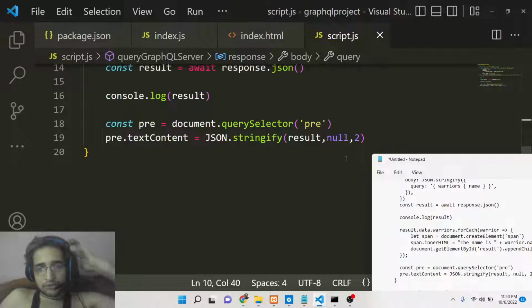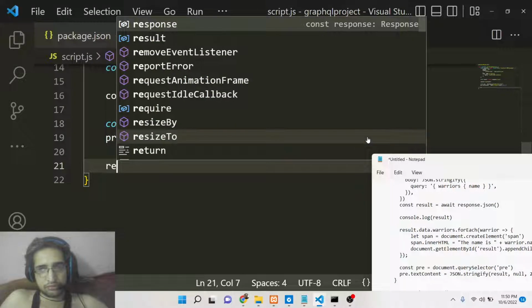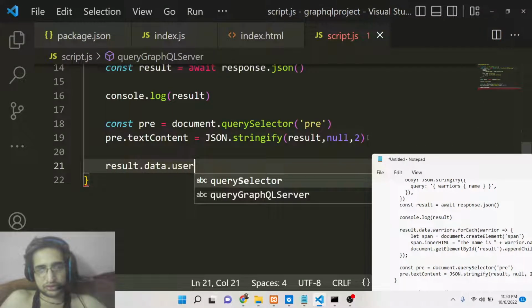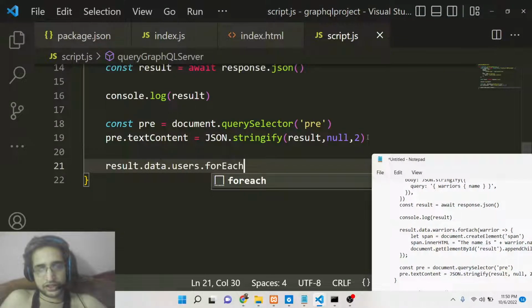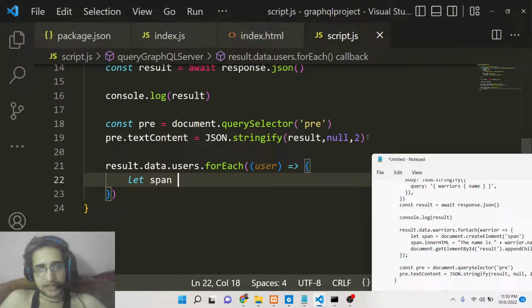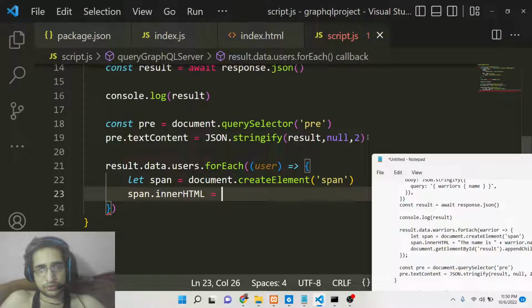So now we need to display this data. Basically, we will have the data here. We can simply say here result.data.users. This is the array here. We need to use the forEach loop. For each user, basically here we can create a span tag, document.createElement, a dynamic element span. Then we can manipulate its innerHTML, and it's equal to user.name. We can simply write here, the player name is, and then we can concatenate the player name like this,